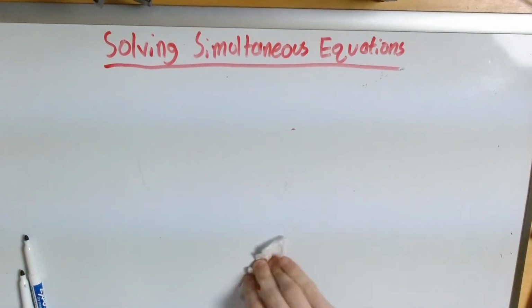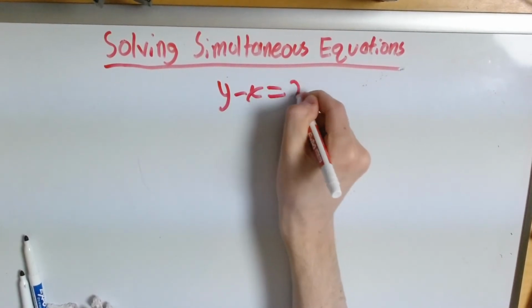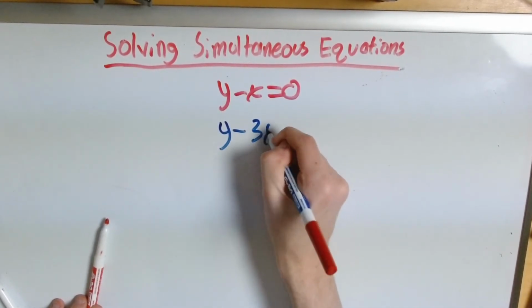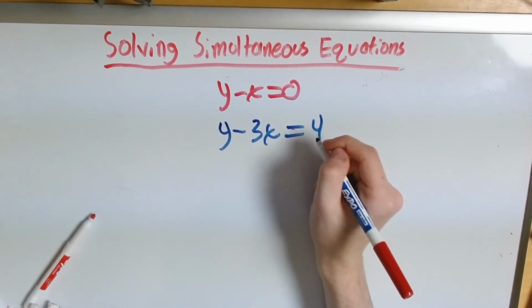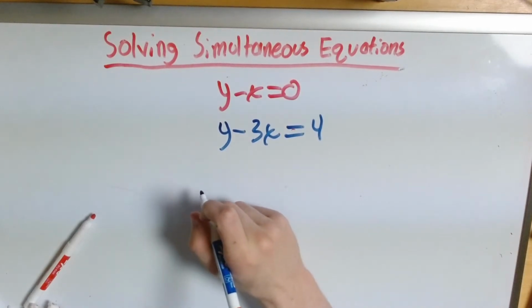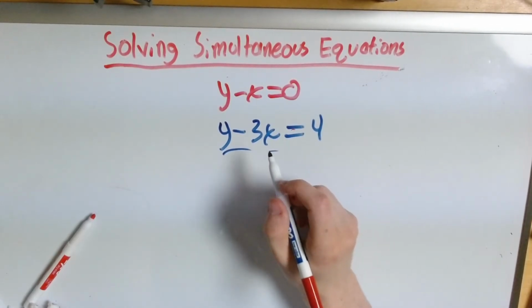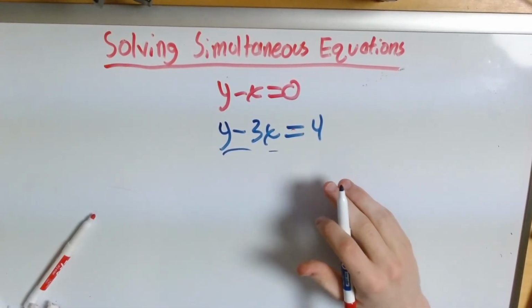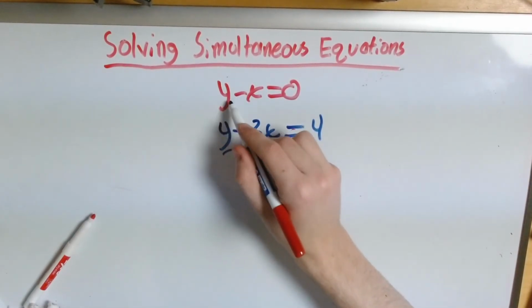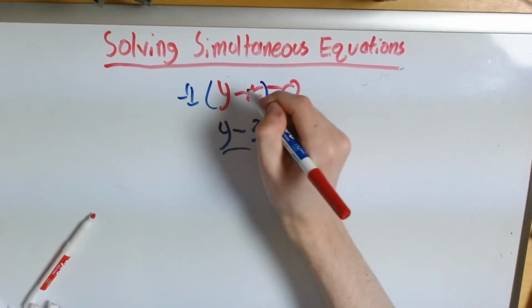Let's do another example. Say I have y minus x equals 0 and y minus 3x equals 4. Right? Well, here I notice that I can't add them. Adding them doesn't really work. If I add them, I'll just be left with 2x's and 2y's, right? I won't be able to cancel any term by adding them. But if I were to say multiply this side by negative 1, if I had to multiply this entire equation by negative 1,